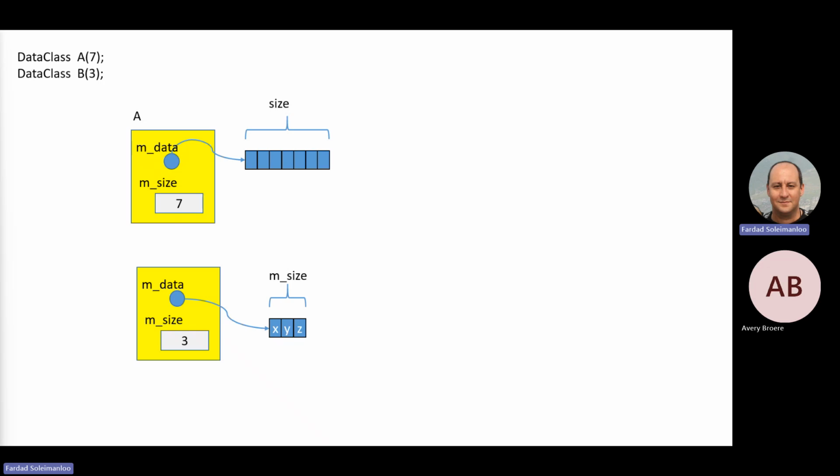Okay, so I have this and I have that. Now, the next line of the program says, let's set B to A. When you say set B to A, what does the compiler see? Two classes, identical. It copies everything from A over B. So it takes the address that you have in MData, puts it on this one, takes the 7 and overwrites the 3. As a result, this is what you see.